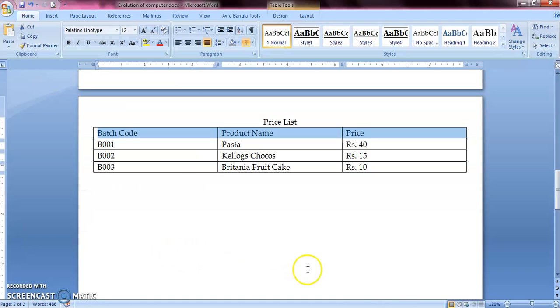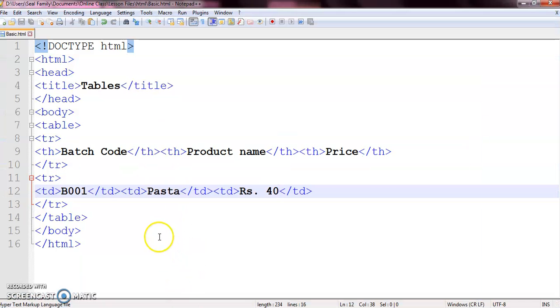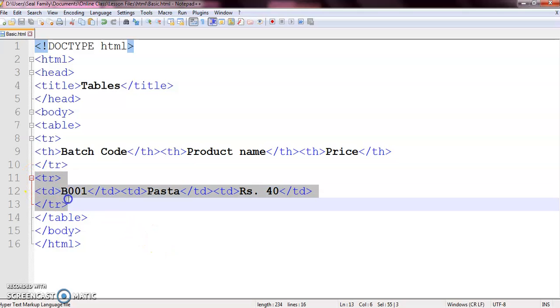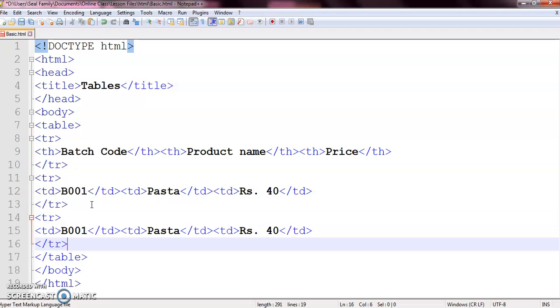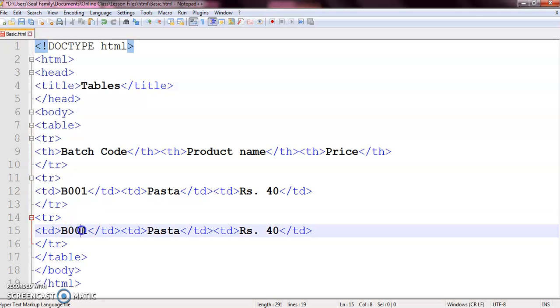There were actually how many rows? There were 4 rows. You only created these 2. So you need to create the rest of them. I am just going to copy that and just change the content.